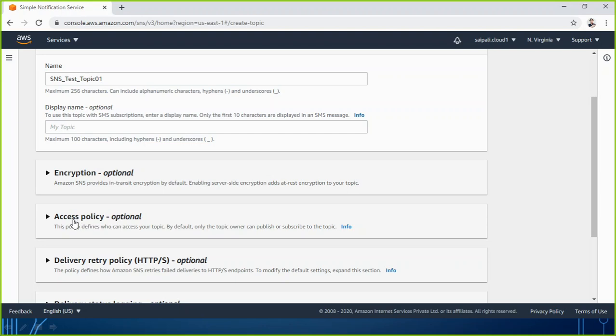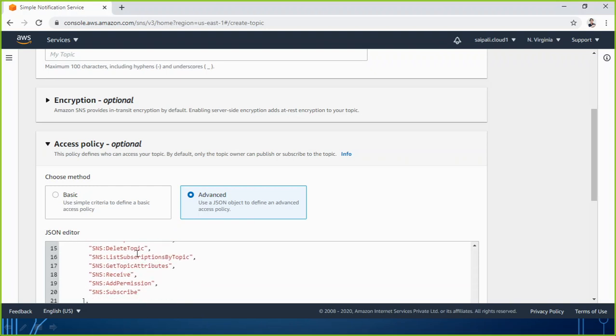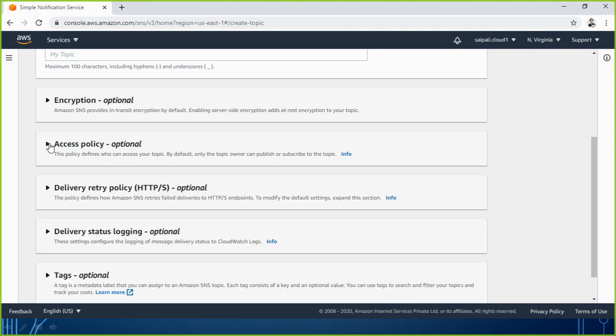Access policy is also optional and can be set later, but if you expand it, you can see two access policies: basic and advanced. In basic, only the topic owner can set the criteria, or you can set everyone, or only a specific AWS account. In advanced, you can perform the same task with the help of a JSON editor. As of now, I am leaving the default, basic.